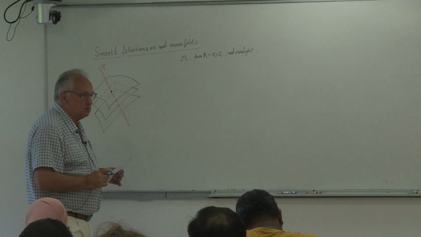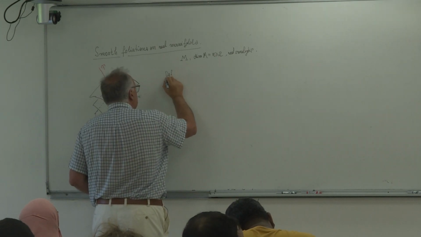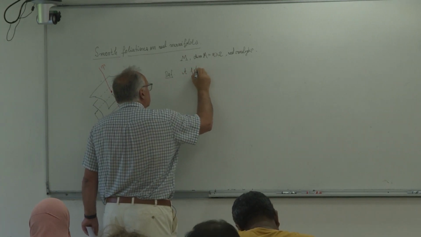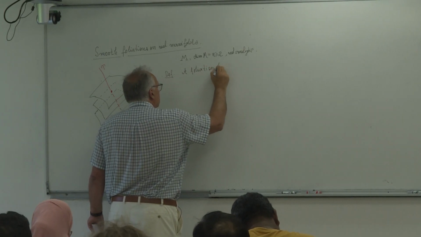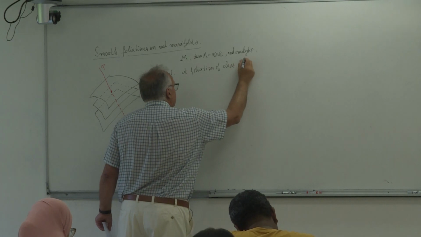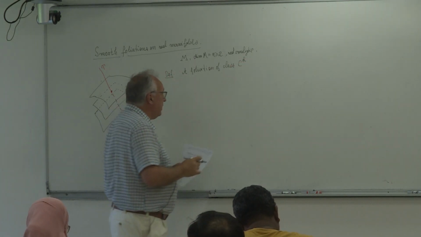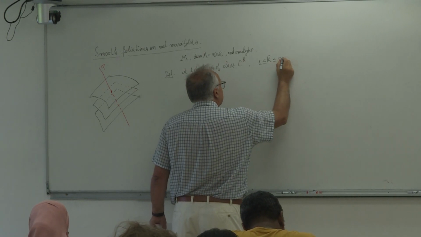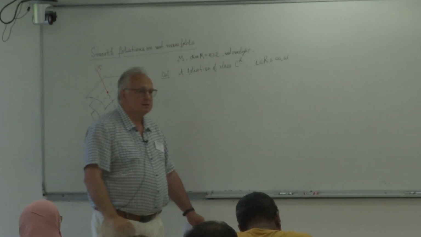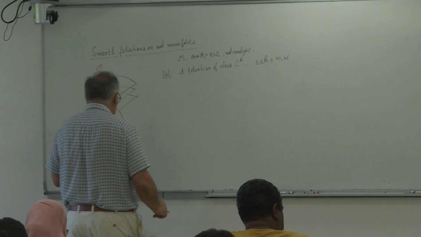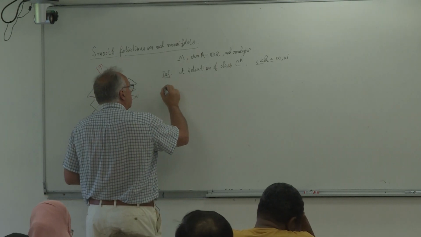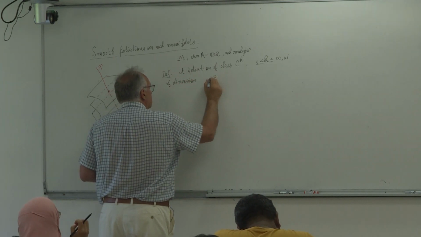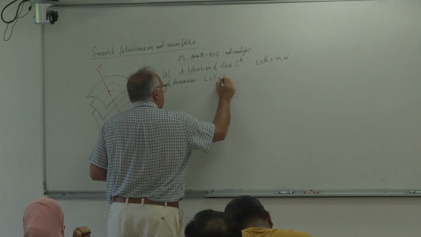Now, what is a foliation? So, definition. Foliation of class C^k, where k will be at least 1 and less than infinity, or real analytic, of dimension p between 1 and n minus 1